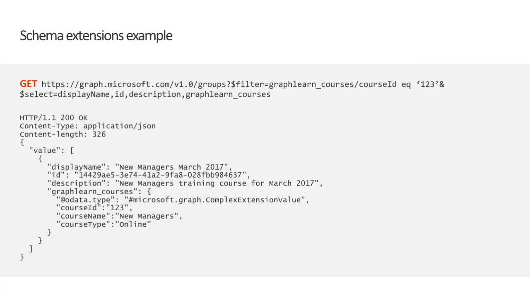So here's an example of a schema extension. Here I'm making an HTTP GET to a specific endpoint, and notice that I'm doing a filter on the course ID, or where it says graph learn_courses. That's the name of my schema extension, and you can see that I'm querying on a specific ID, a course ID equal to 123, and then I'm selecting all that data back. In the response I get back, you can see that the custom data from graph learn_courses is part of the full object that I have here for this resource that we're looking at, which in fact is an